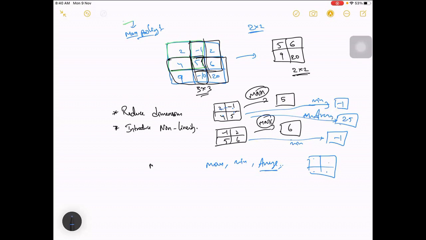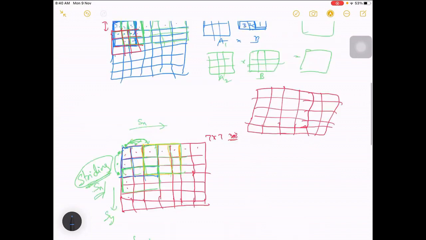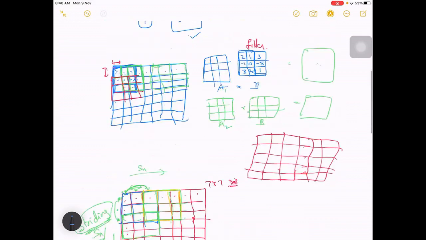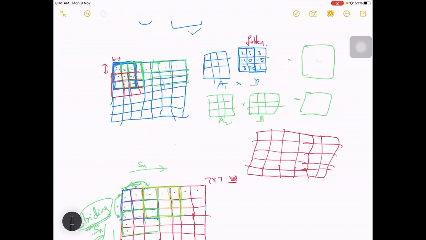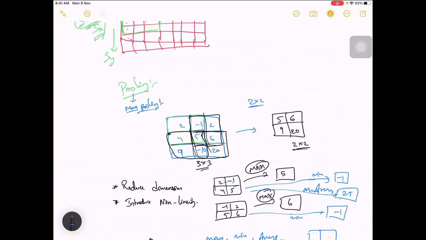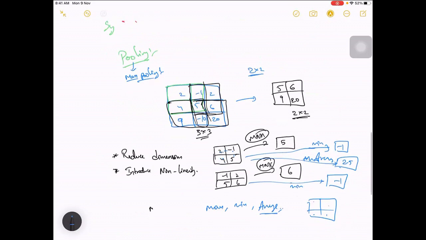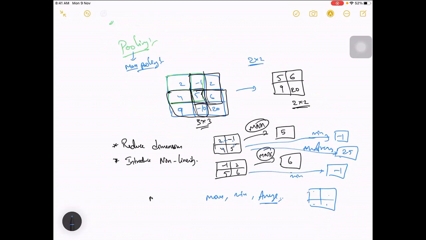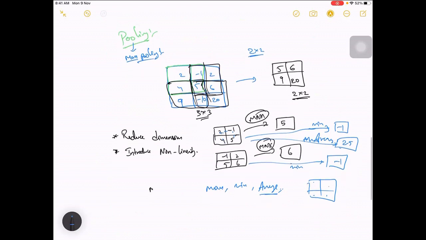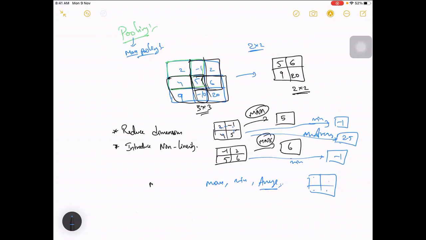Okay, so these are different kinds of pooling techniques available. Usually we do it after the convolution. After you get an output matrix, you specify what pooling you want, and depending on that, it will calculate these values. So what we get finally is dimensionality reduction. The convolution layer also reduces the dimensions to some extent, depending on your filter size and so on. So this is one more way, and here it will reduce some more.